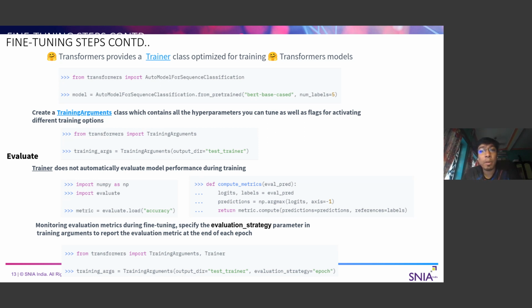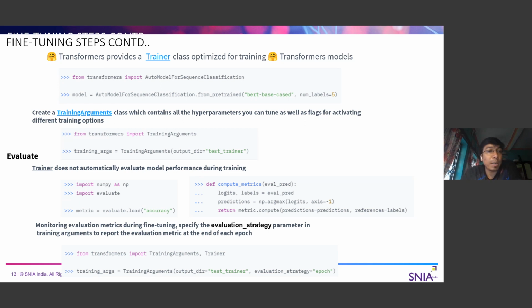The number of labels is 5 because it is a review, so there are different categories, levels for that review. We want 5 levels, so that's why we are saying the number of labels equals 5. This is how we are, as of now, using the pre-trained model. We have taken the pre-trained model.